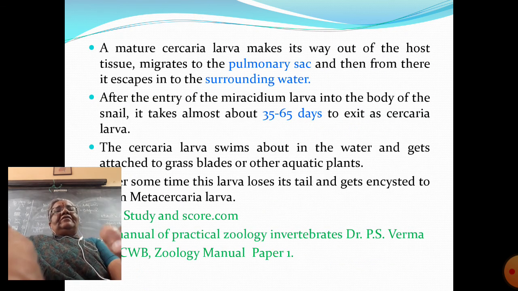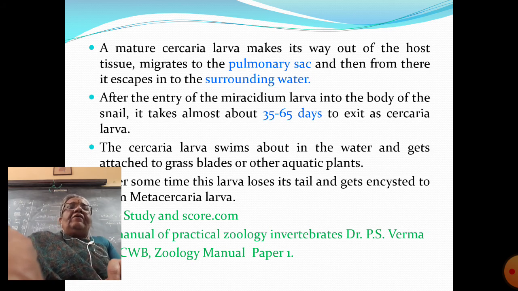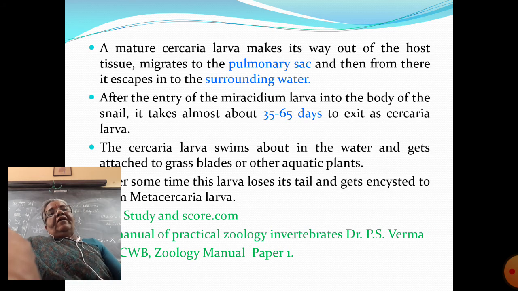Then this mature Circaria larva migrates to the pulmonary sac, and from the pulmonary sac it escapes into the surrounding water. Please note, once the Miracidium larva gets into the body of snail, it comes out only after 35 to 60 days as Circaria larva. Alright. So Miracidium larva enters the body of the intermediate host, that is Limnaea or other species of snail,